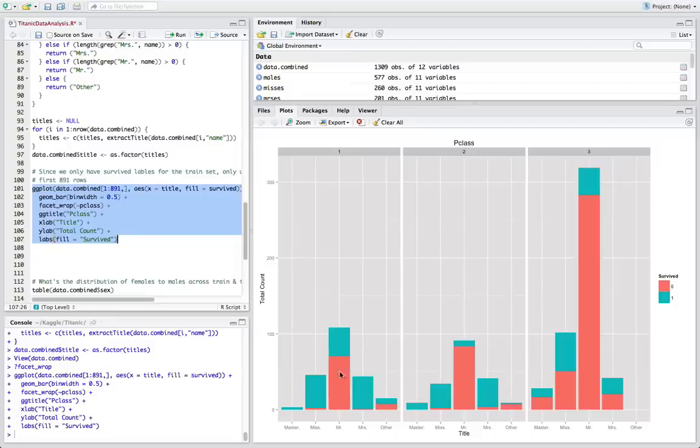But if you were an adult male, and we'll use Mr. as a proxy for adult male, in first class your odds of surviving were far lower. So this is more indicative of this idea of women and children first. This is also borne out very strikingly in second class, as you can tell by the relative colors. So this is a very, very striking plot from a data analysis perspective on this data set.